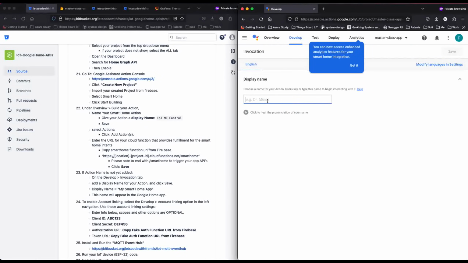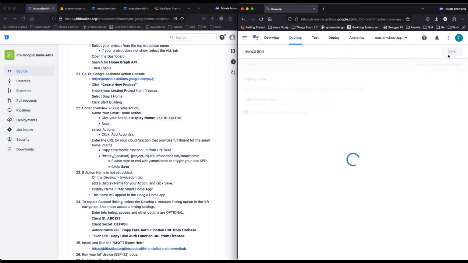Now, what name do we want to give it, right? Let's give it Masterclass app. Right, we're gonna save that. I know it says here IoT MC control, but we're just gonna give it Masterclass app for now. Right, so